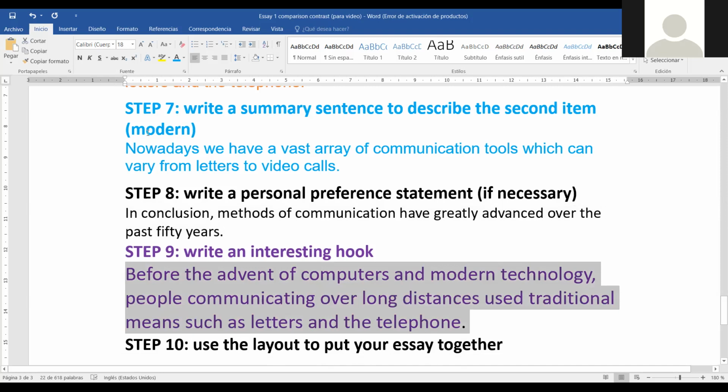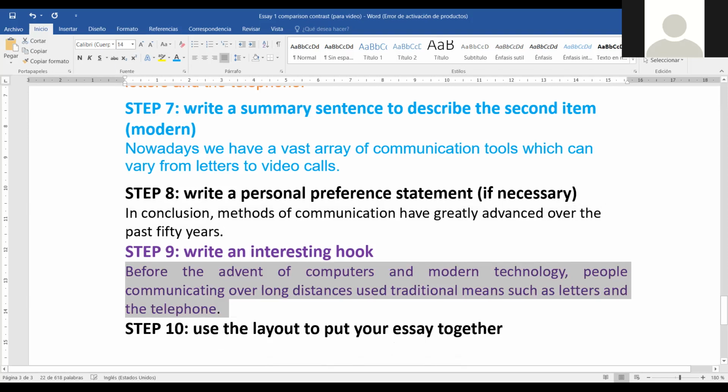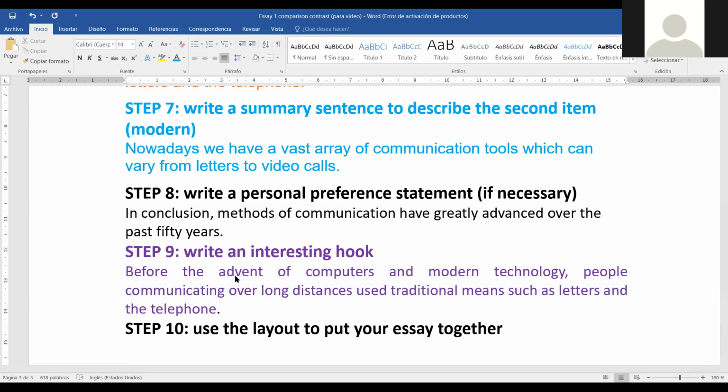But remember that you have to attract the reader's attention. To attract the reader's attention sometimes is difficult. Remember, if you do not attract the proctor's attention, the most likely thing to happen is that they will simply stop reading yours and throw it away. And remember that as this is a business, that's good for the company, right? Because you're not going to be evaluated. It's simply thrown away with a very low score. Nobody reads it, and then you get a very low score. Well, that's it. So try to catch the reader's attention.